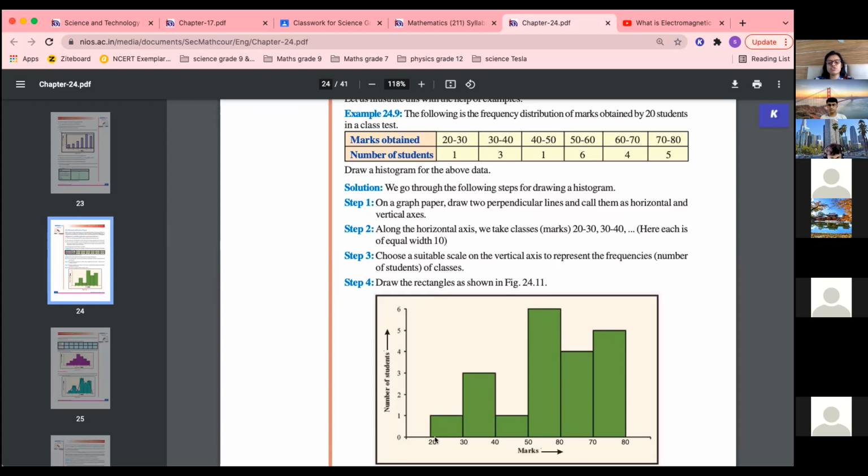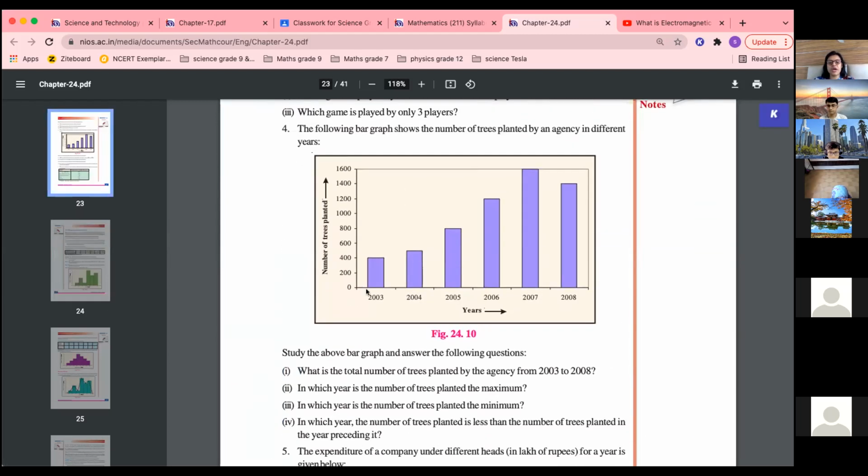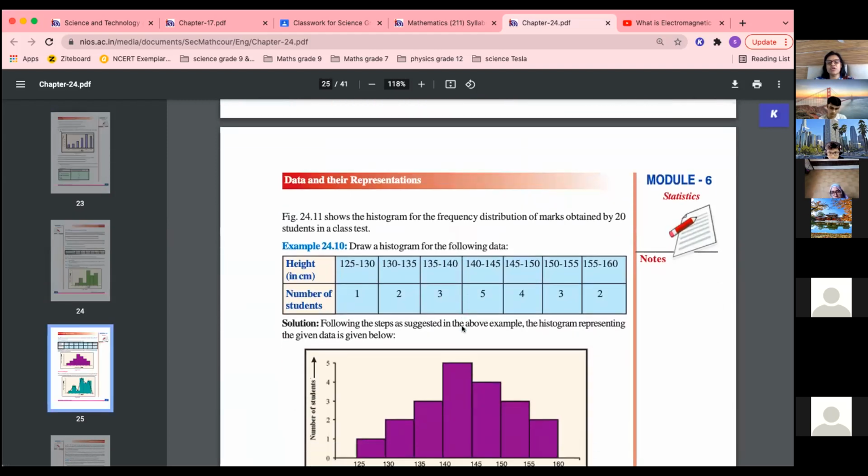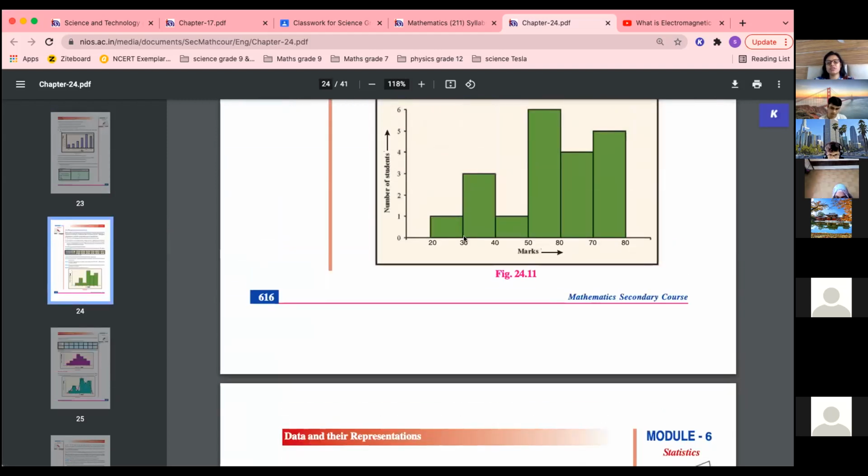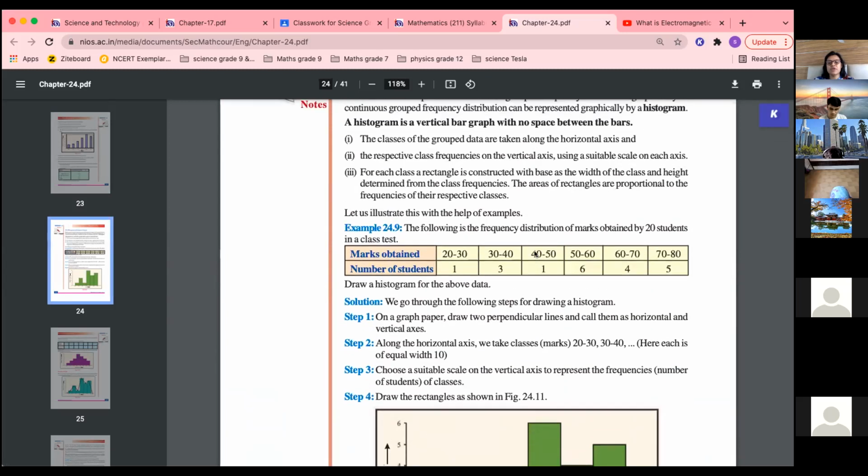So base is width, so 20 to 30. See, in bar graph we wrote just one number, one thing over here. Here it is 20, 30, 40, 50, 60. So that is why we don't have gaps over here. See, bar graph में क्या होता था? Bar graph में you had just one thing over here, और यहाँ पे we have class interval. So we have class 20 यहाँ plot किया, 30, 40. 20 to 30, this much frequency, one frequency; 30 to 40, three frequency; 40 to 50, one frequency. So this way it is plotted. Okay, is it clear?